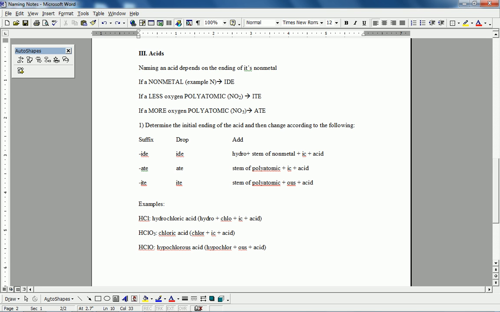The reason why we decipher them is this: if we have fluoride as our ion, so HF,